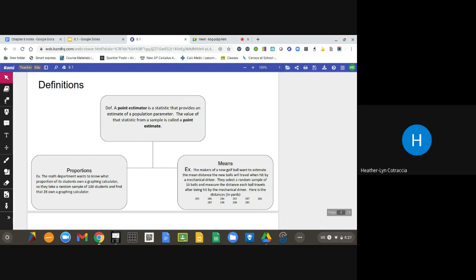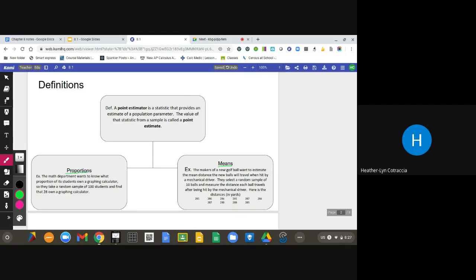Now, in another statistics course, or in the real world, if you rather, you can create confidence intervals based off of many, many different types of data or parameters. But in college stats and AP stats, we only look at two different ones, and that would be proportions and means. So the next chapters, 8, 9, and 10, are all going to talk about proportions and means